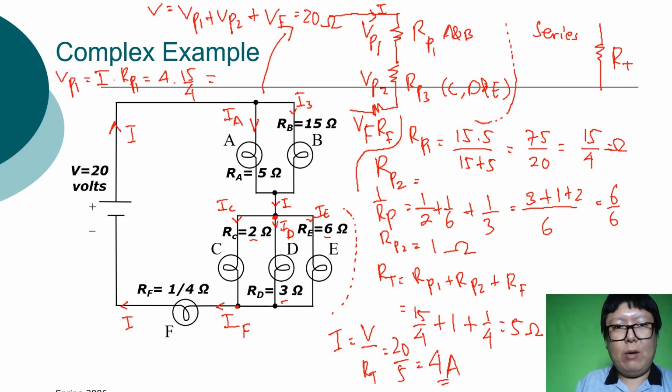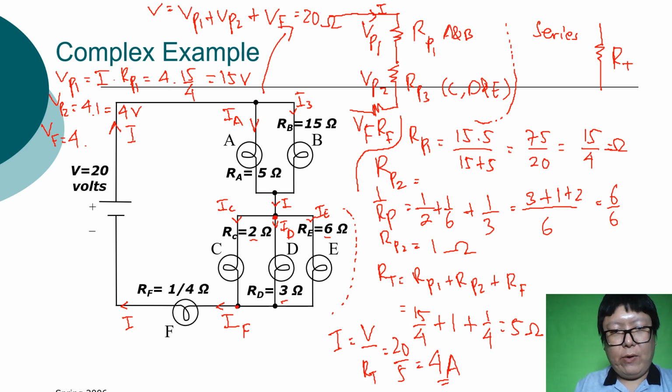So equal to 15. Okay, VP2 is equal to the same 4 times 1 equal to 4. Okay, VF is equal to